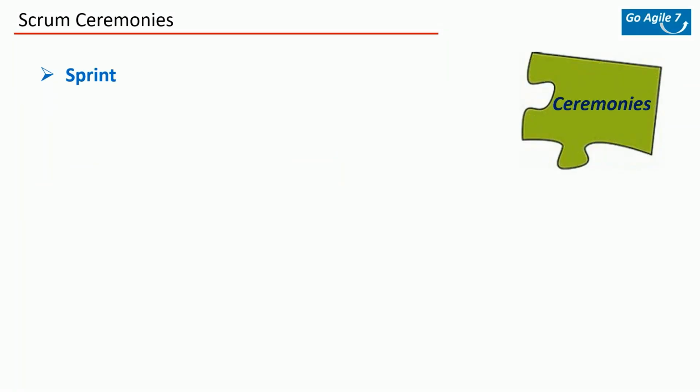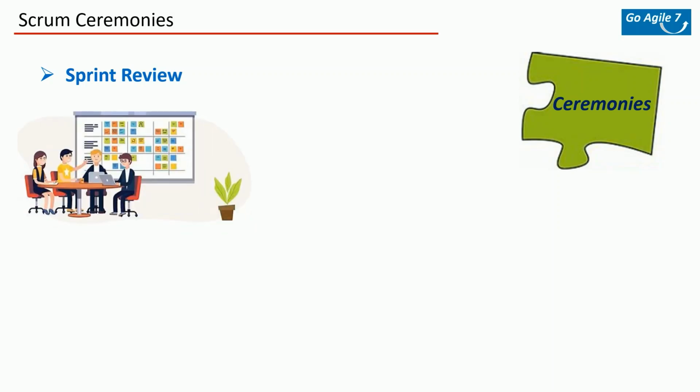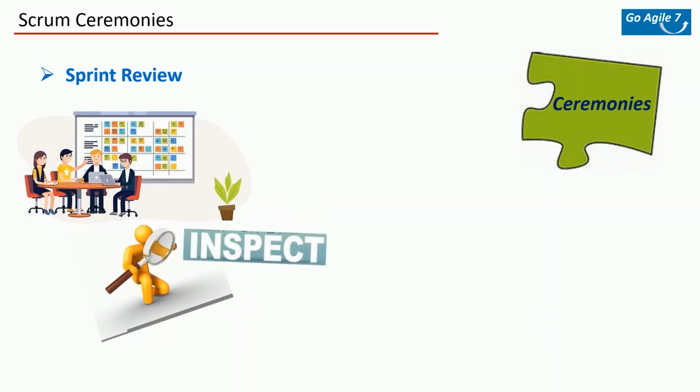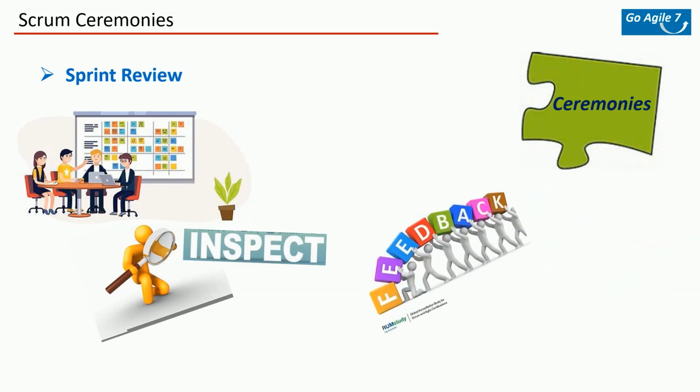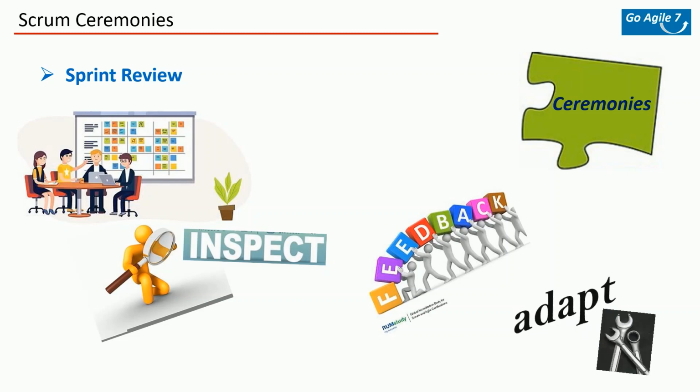So next we'll go to the sprint review. That's the third ceremony. Just like we begin a sprint with sprint planning, we also hold a sprint review at the end of the sprint. What we do here is review the work product, whatever was developed so far, meaning we will inspect the increment and make sure the product is meeting the expectations. We invite business stakeholders also to be present at this meeting. They provide any feedback and improvements, so we can adapt to those as we move on to the next sprint, and we adjust the backlog accordingly.